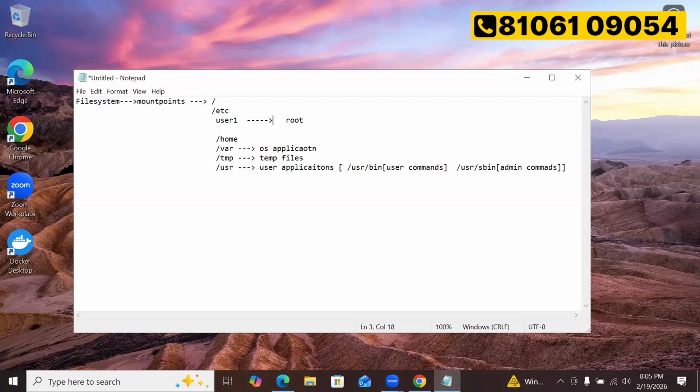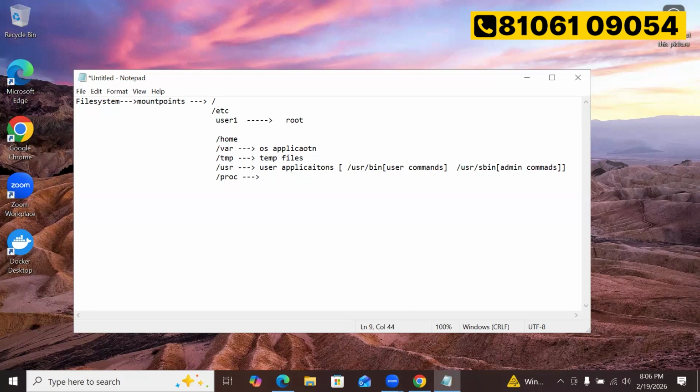Okay. So we also have proc. There is a directory called proc. Let us understand what a proc is. This proc directory maintains all the process information, all runtime information, and all kernel-related information. What is the kernel? We'll discuss that. All runtime information, kernel information, and process information, it will try to maintain.